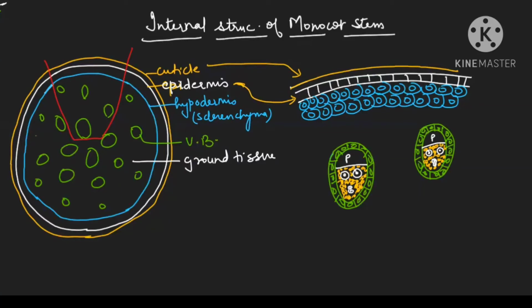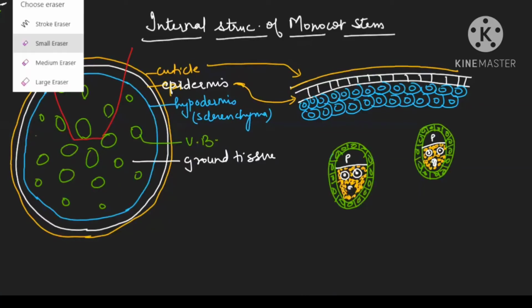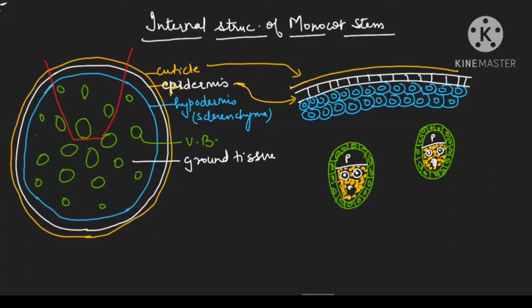One minute. See here, your lower protoxylem is getting dissolved, along with a few xylem parenchyma cells, and it is making one cavity. Clear? This cavity is made. This cavity is known as the water containing cavity. It is a water cavity. I hope you are able to understand my diagram. Clear?